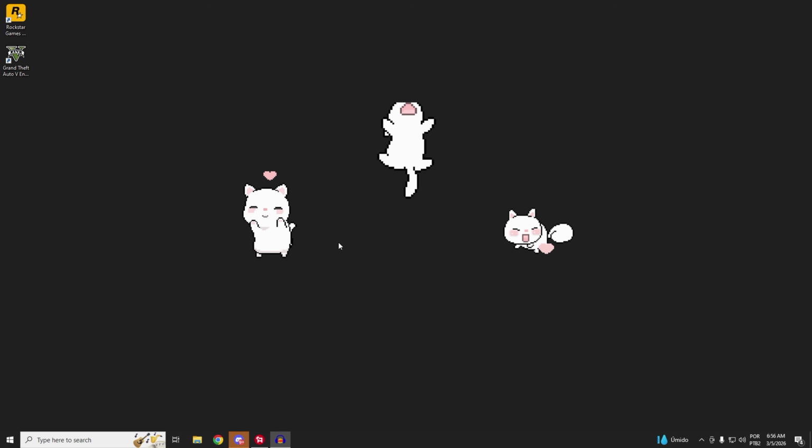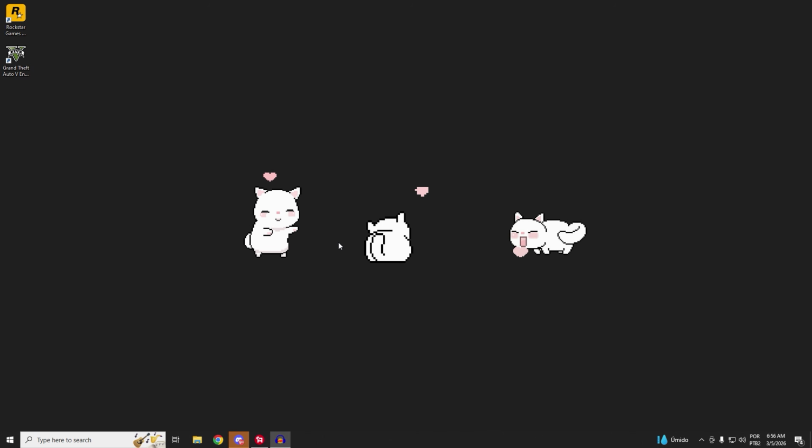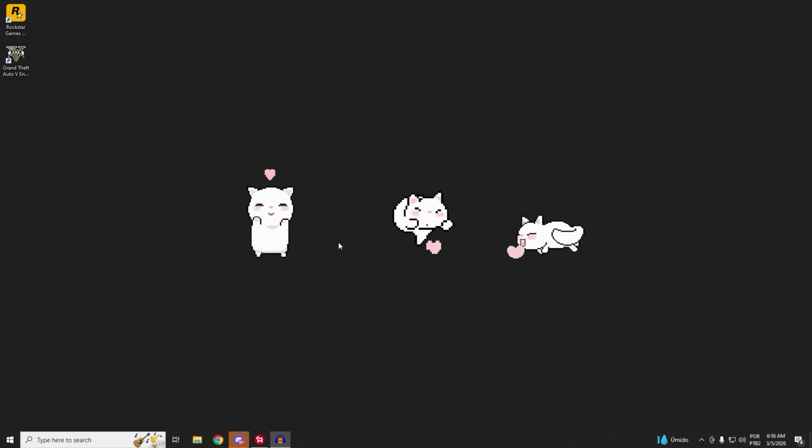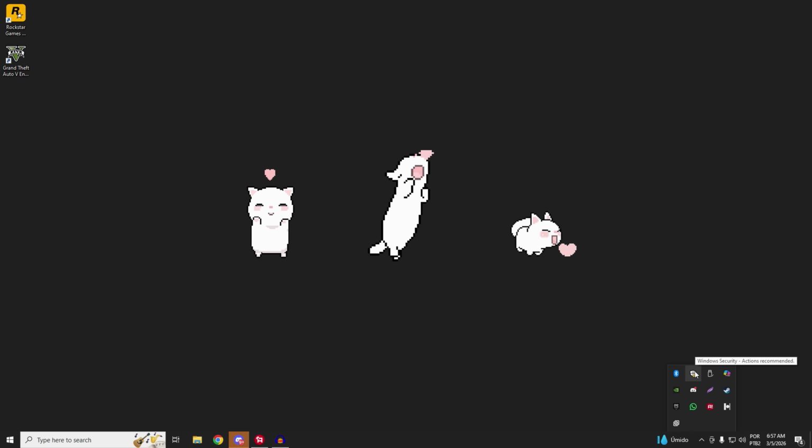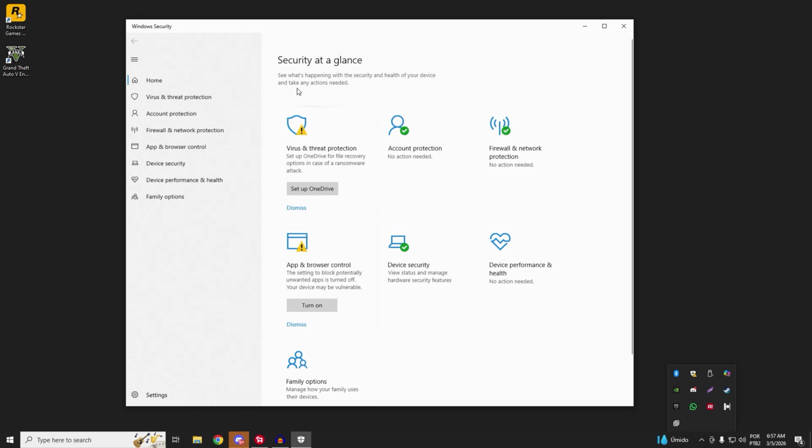So like I said, here I'm going to show you exactly how you can turn off the Windows security, and it's actually something really simple. You're just going to come down here to this little button that shows all the hidden icons. We'll click on it and search for a little shield like this one, and click on it to open this page. Of course, if this little shield doesn't appear for you there's another way to find this page,